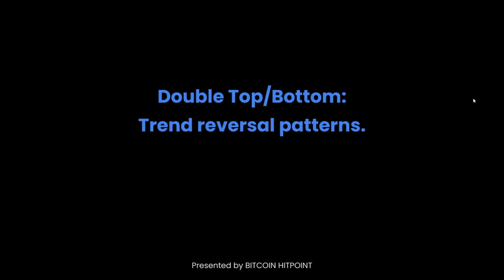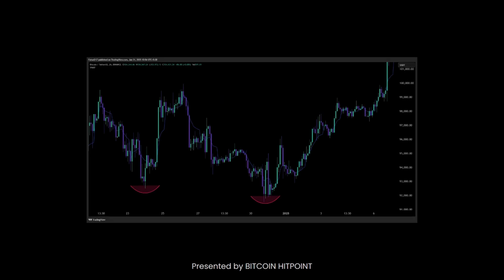fake outs. Now, the next pattern that is very common is double top and double bottoms, because this is how you can understand where the trend might reverse from. So, right in the beginning of this video, I gave you guys an example of what a reversal looks like. And now I'm giving you one of the patterns. Using one of these patterns, you can understand where the price might reverse from. So this is what a double bottom looks like, right? You got your first bottom and then you got your second bottom, and then the price has literally reversed from